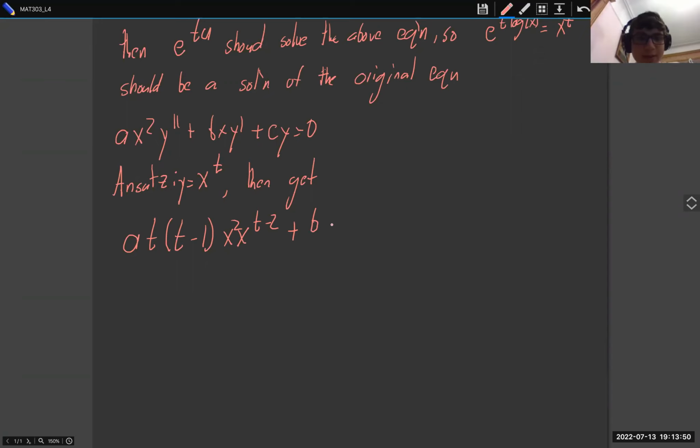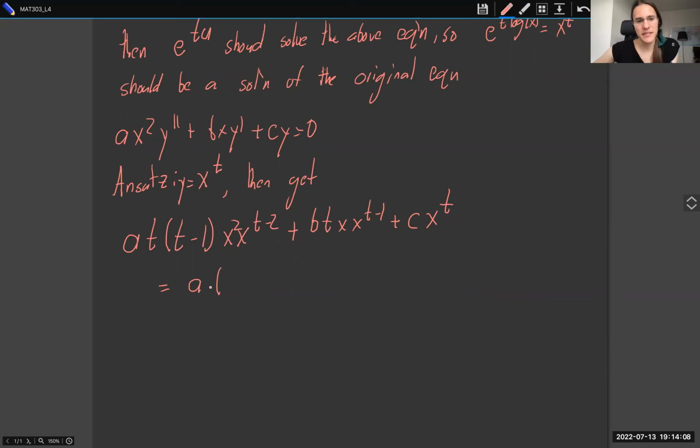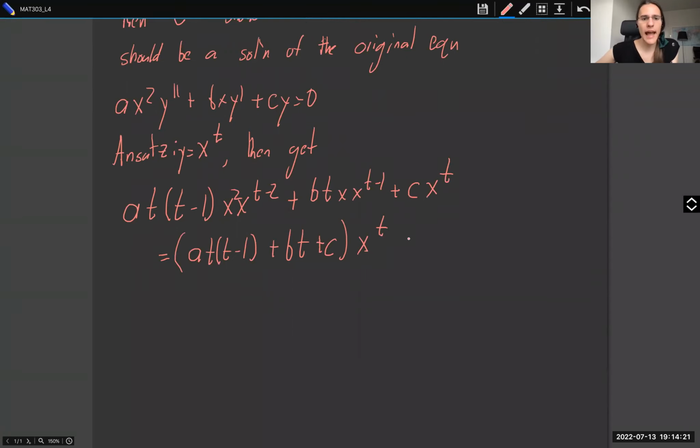Bx times t x to the t minus 1, and then plus c x to the t. And so, yes, the x's all line up. So what happens is that we get a times t minus 1 plus b times t plus c, all times x to the t. And so if that's equal to 0 everywhere, then that implies that